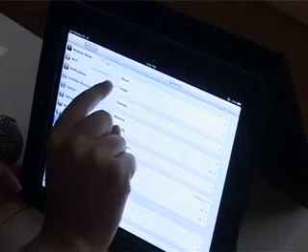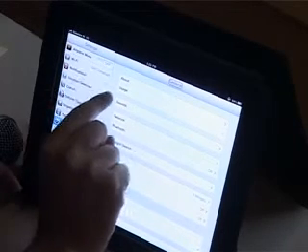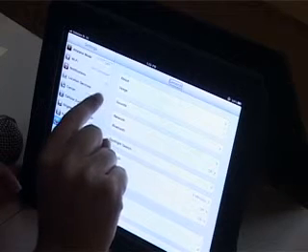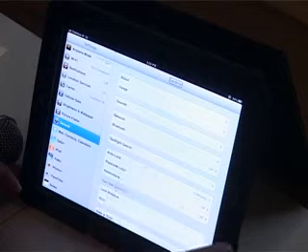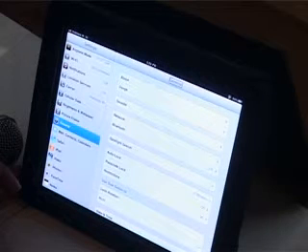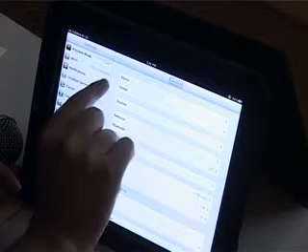Settings. Heading. General. Heading. Airplane mode. Off. General. Heading. Now I am activating General. I have flicked my finger to the right to select the next item. Now I am in General.